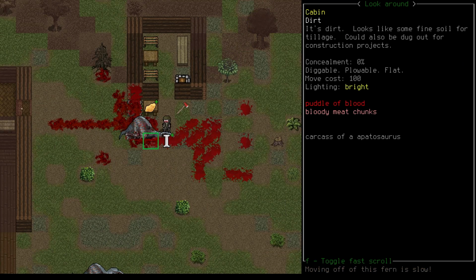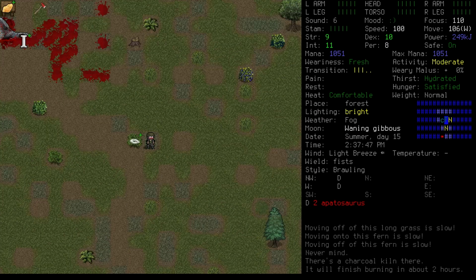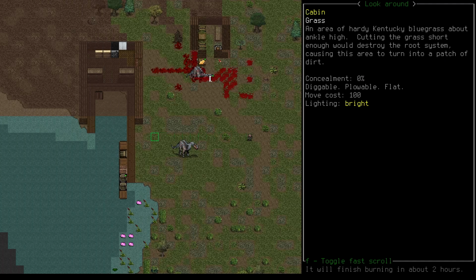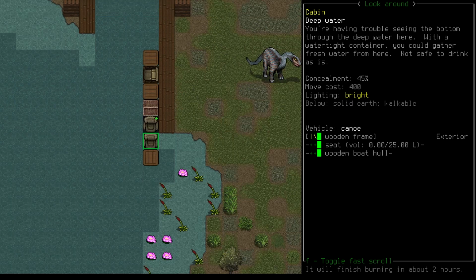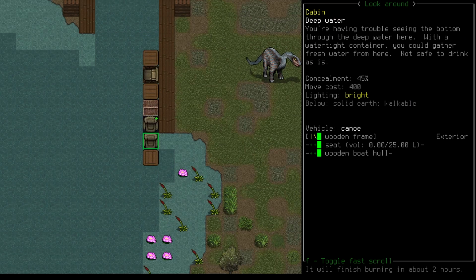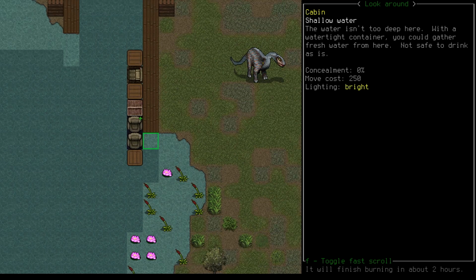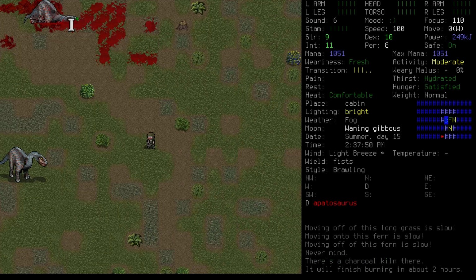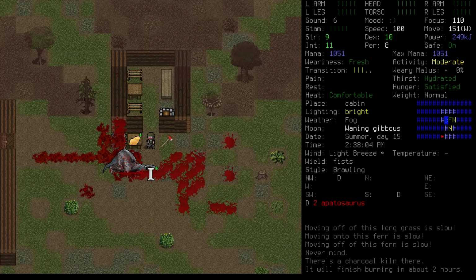It looks like the carcass of the Apatosaurus is still pretty fresh. We have 2 hours until that goes. I did see a notification overnight that the kayak sank, which we kind of saw coming. And I'm thinking that maybe we expand this boat outwards, make kind of like a plus shape here and add 2 extra frames to either side so we can put more storage or other utilities on it, at least until we can get some controls in order to...